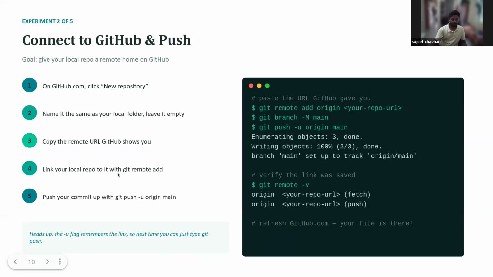Link your local repo to Git, push the commit. Everything is done from this point. I hope this is clear, right? Yes, whatever changes we have made. So let's say